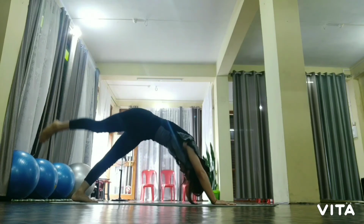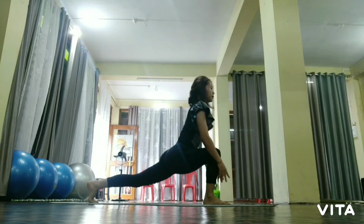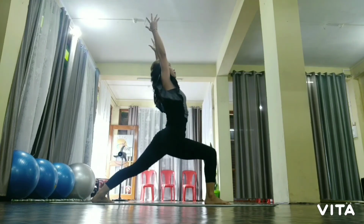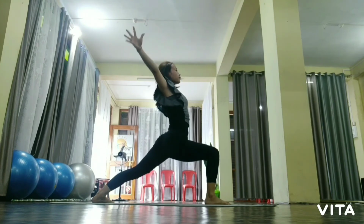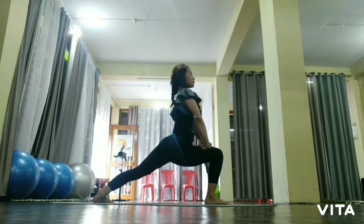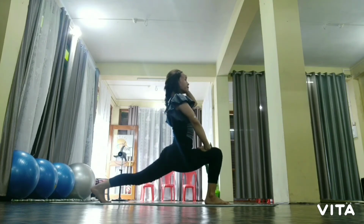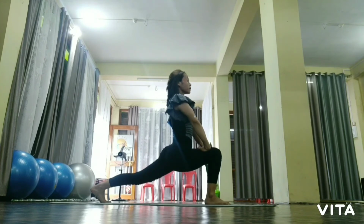Inhale up. Exhale and inhale here. Back leg 45 degree. Hold there. Focus on your breath. Inhale and exhale normally. Then exhale. Back leg like 90 degree. Focus on your breath and stay there for a few more minutes